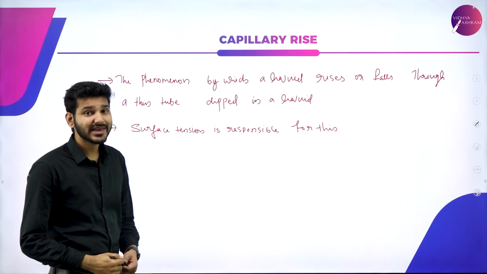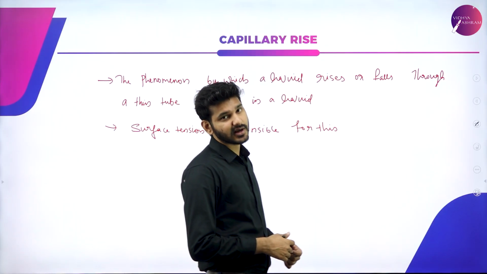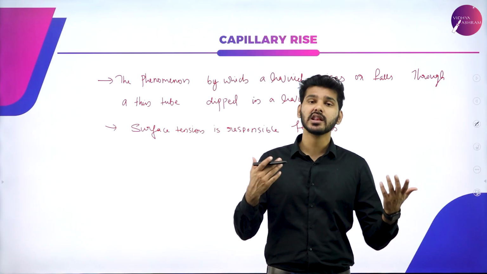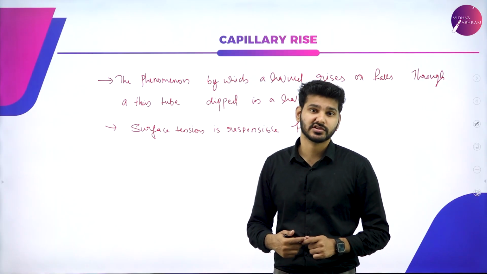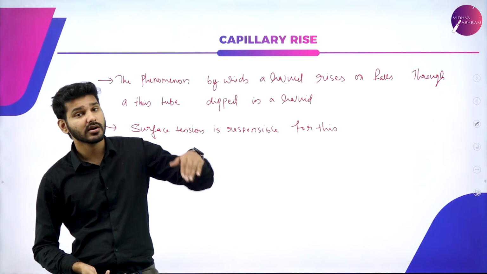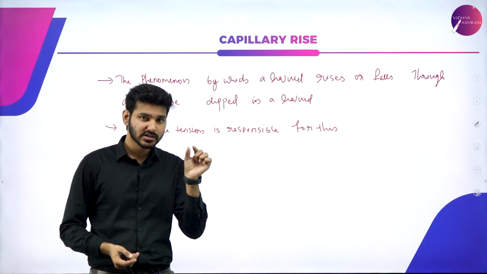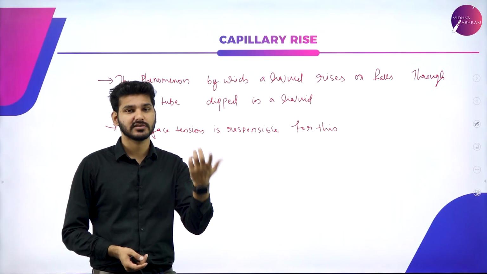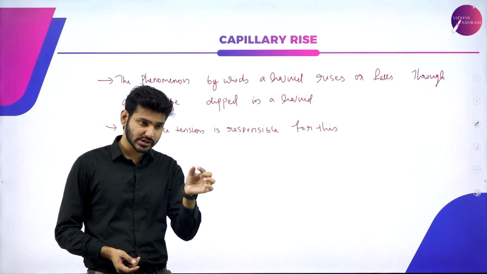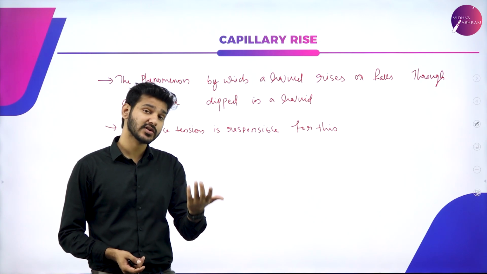So the next topic is capillary rise. Again, you have already studied what capillary rise is in biology, physics and chemistry. Capillary rise just means the rise or fall of a liquid along very narrow and constricted tubes. Or simply, along very narrow tubes, liquids tend to rise or fall, and this happens because of surface